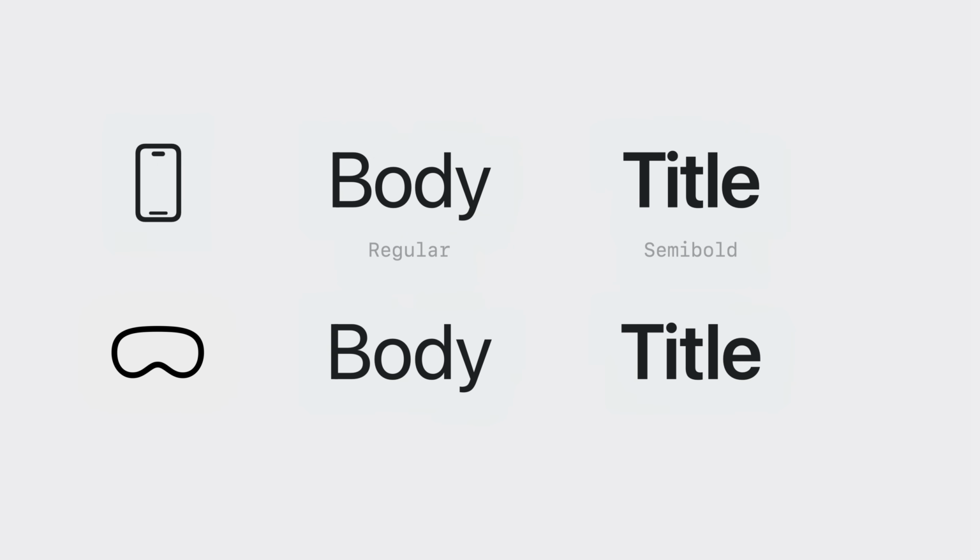To improve the contrast of text against vibrant material, font weight has been modified to be slightly heavier. For example, on iOS, we use regular weight for the body text style. On this platform, we use medium. And for titles, instead of semi-bold, we use bold, keeping text clear all the time. Consequently, the tracking has been slightly increased to help with legibility.